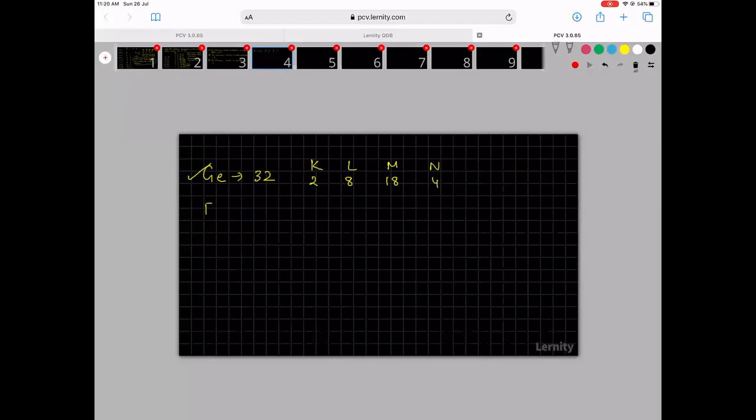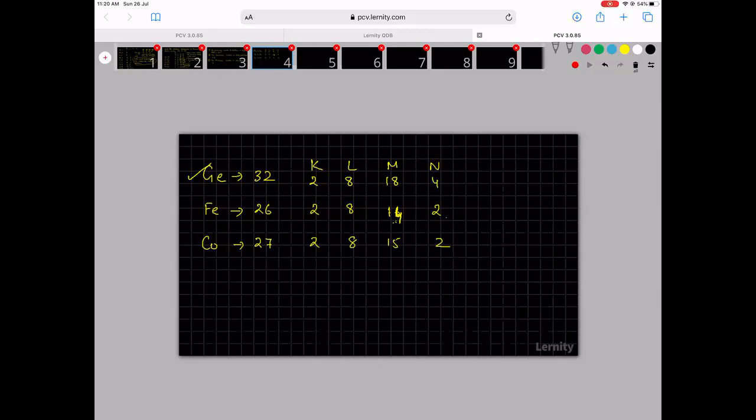But for certain other elements like iron, which is 26, here 2 will come, here 8 will come. 2 plus 8 is 10. Now 16 are there. The maximum number here is 18. I can put 16, but it doesn't come. The outermost shell cannot have 16 electrons. Instead, 2 electrons come to the outer shell. Now this becomes the last but one shell, and you will have 14 electrons here. So for iron, it is 2, 8, 14, and then 2. After iron, the next one is cobalt, 27. It will become 2, 8, 15, and then 2.